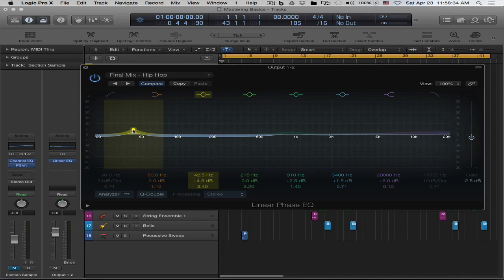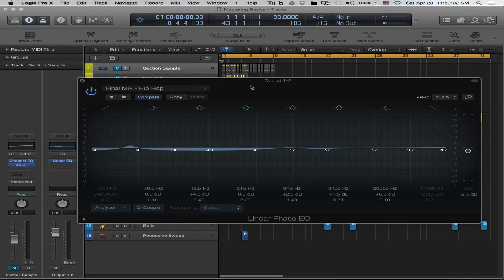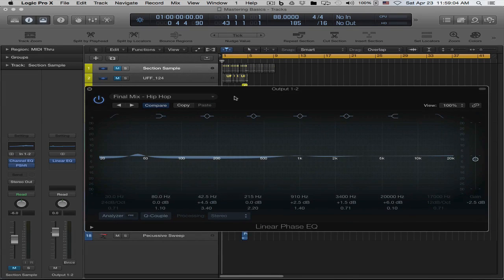giving a little bit of gain to the low end, which would be where you want your kick and your sub bass to be. I wouldn't necessarily agree to have it at 42.5 hertz. I would probably have it more around here. But that's going to depend on where your frequencies are, and refer back to the EQ tutorial if you want more details on that. But you can start with this preset